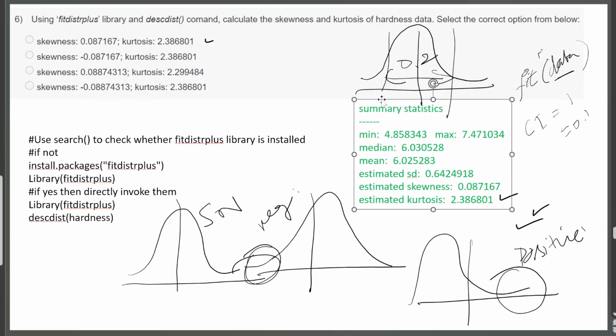How it is different from summary is, in summary we get the minimum value, first quartile, mean, median, third quartile, and maximum values. But here you will get standard deviation, skewness, kurtosis, and much more statistical summary. Okay, I told you about the skewness, but kurtosis is like